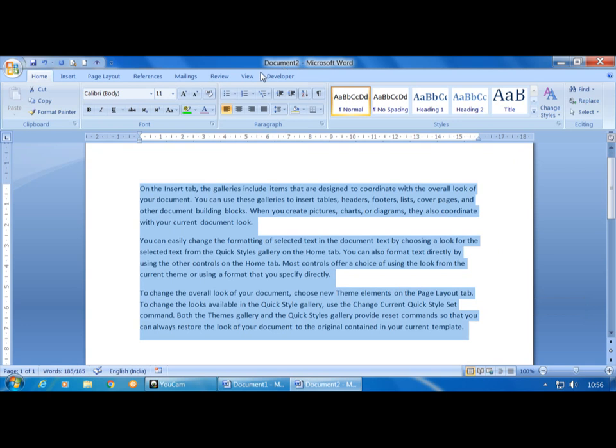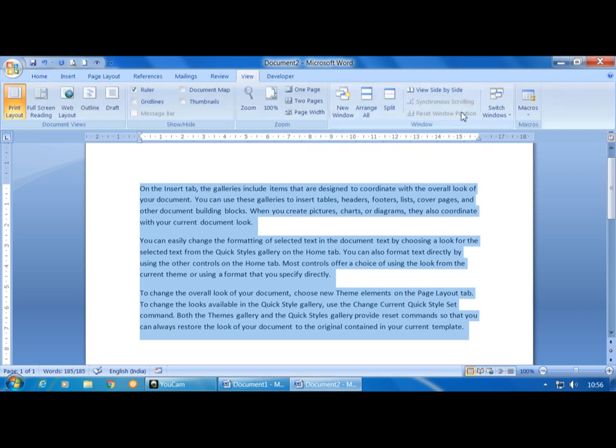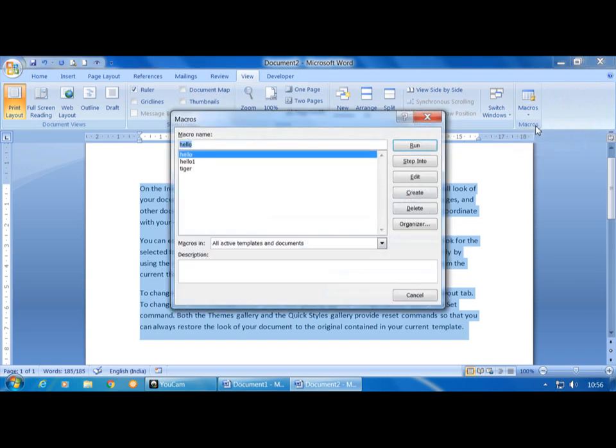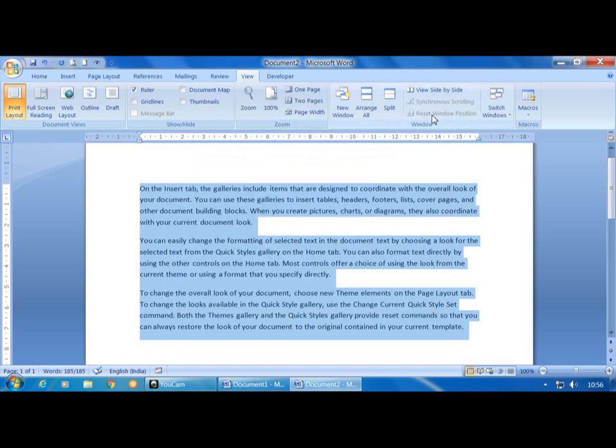Now click on View, Macros drop-down button, click on View Macros and select the macro name as hello1 and click on Run, or directly you can run this one by just clicking on this emoji.